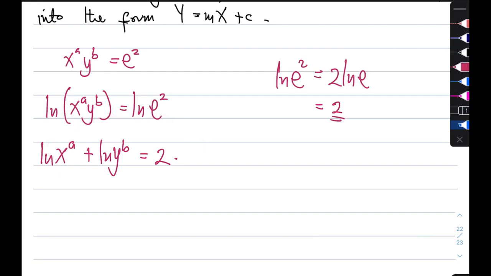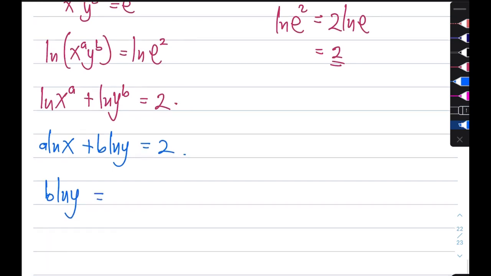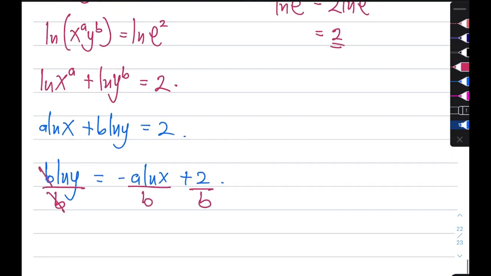So we are going to have, but before we even do that, I think we have to apply another law. So we have a ln x plus b ln y equals 2, okay? Then we can move it. So we have b ln y is equal to negative a ln x plus 2, okay? So now we have achieved our constant, but there's one more thing that we can do. We can decide to divide both sides by b, okay? So this will cancel that. So that will give us,